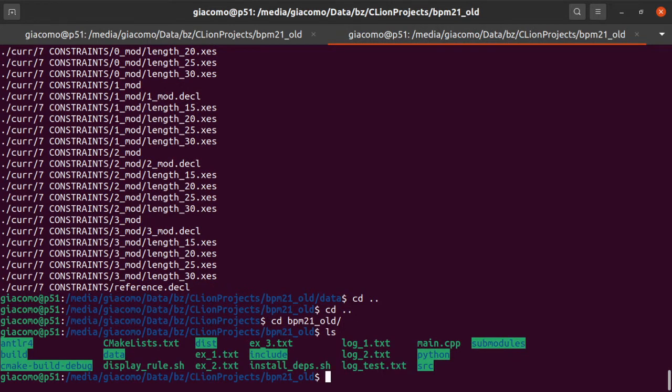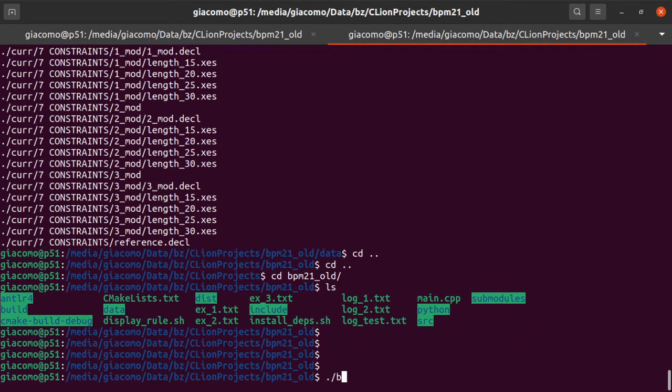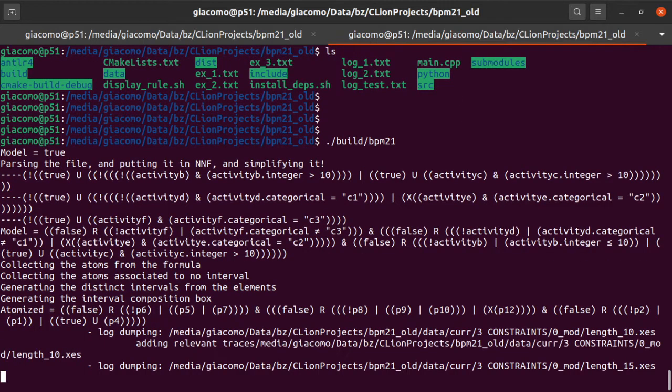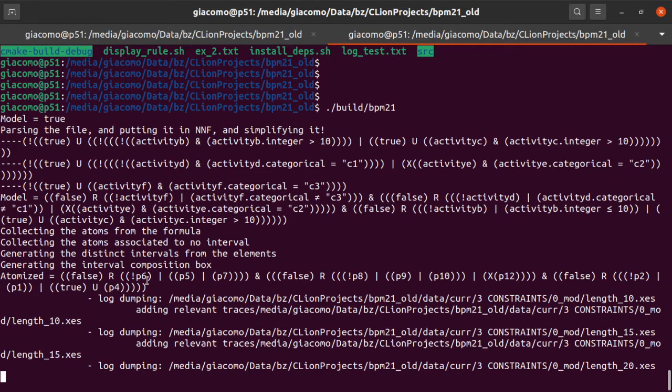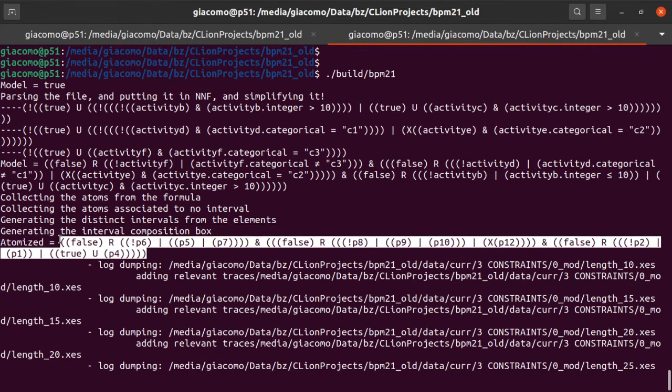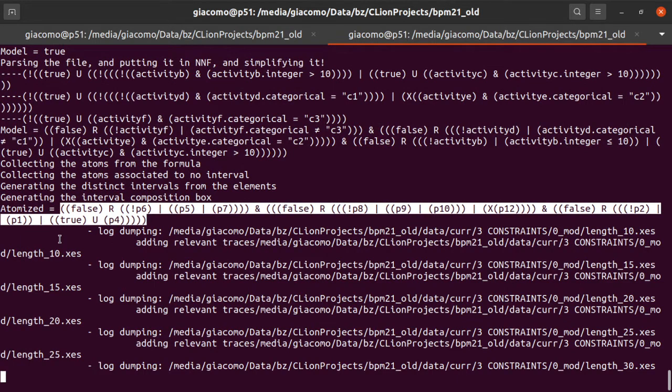So now, if you just go back to the main folder and you run the binary that has been generated, you will see that you have the LTLf representation, and you also have the notice when you're adding the relevant traces for generating a new novel representation of the model. So if you want to, you just take this to generate a graph model,